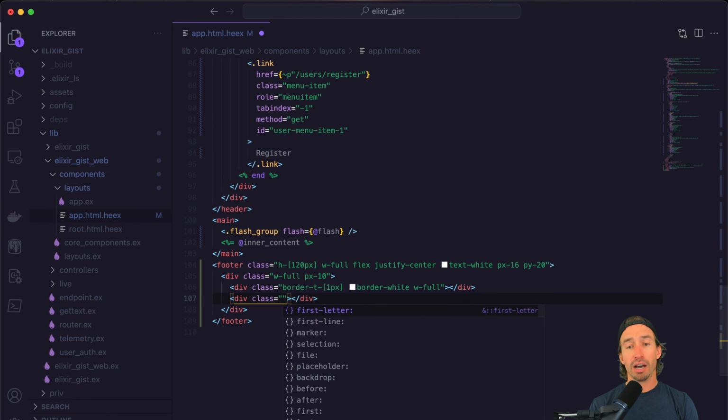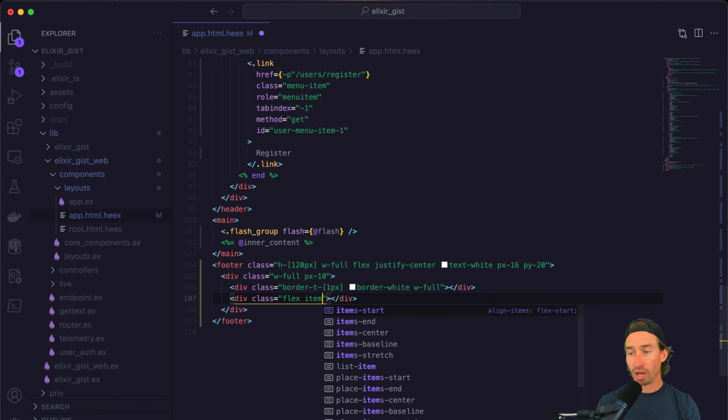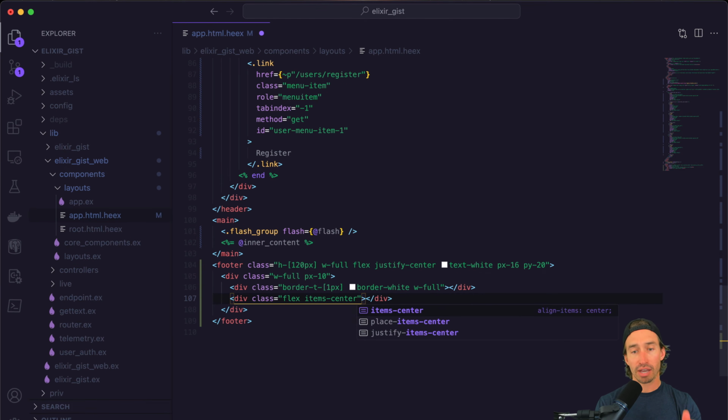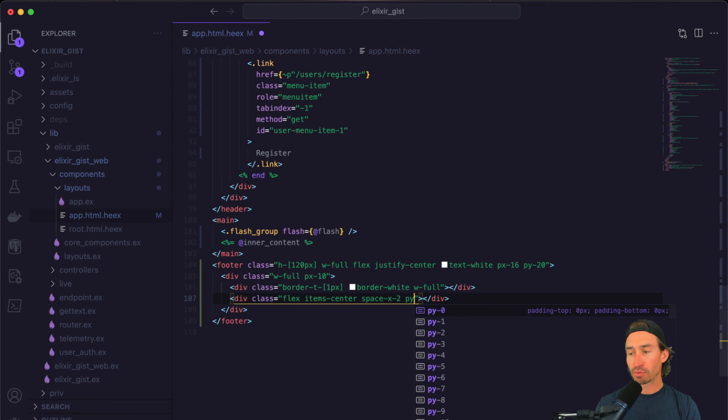We want it to be flexbox layout. So add flex, and that will make these items just sit horizontally, correct? And we also want them to vertically align. So we can do items dash center, and that will make sure that they're centered in this div. And then we're going to need space between each item. So we're just going to do space dash x dash 2 units. And then we also want some vertical padding to get it off of our divider line. And that's with py6. And I just know these values because I've built this project, and that's what looked closest